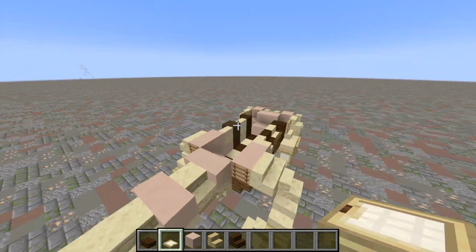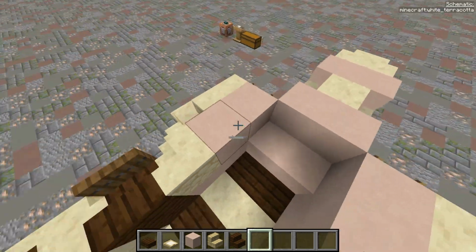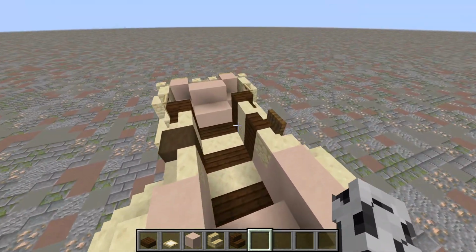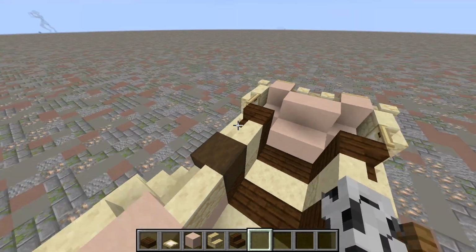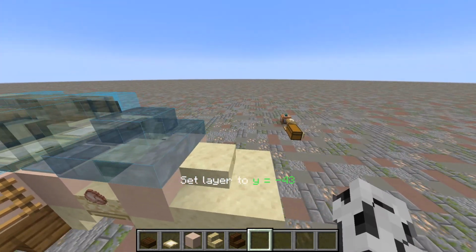Alright, there's that layer done. It's going to be hollow on the inside. This stuff is not going to be seen, so you can fill this in with whatever block you want. Or you can actually just have like a small basin here. You will be able to fit inside, just barely. Alright, now